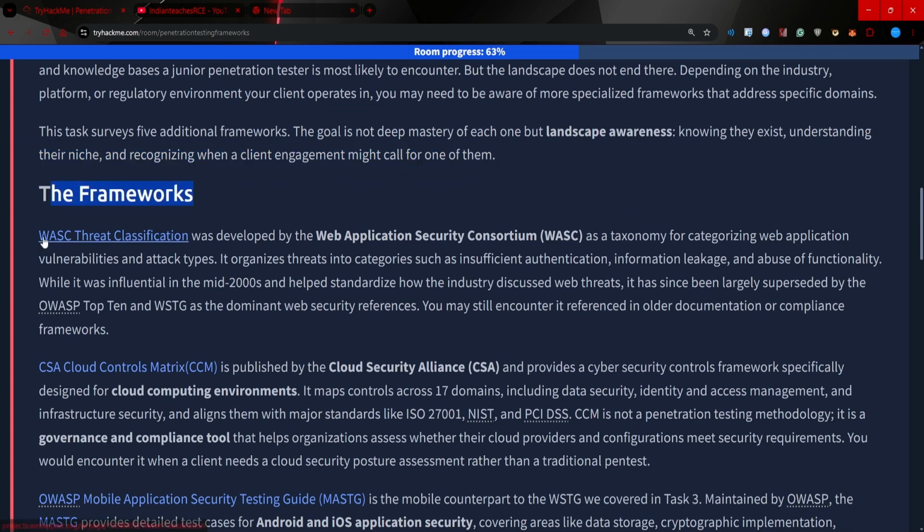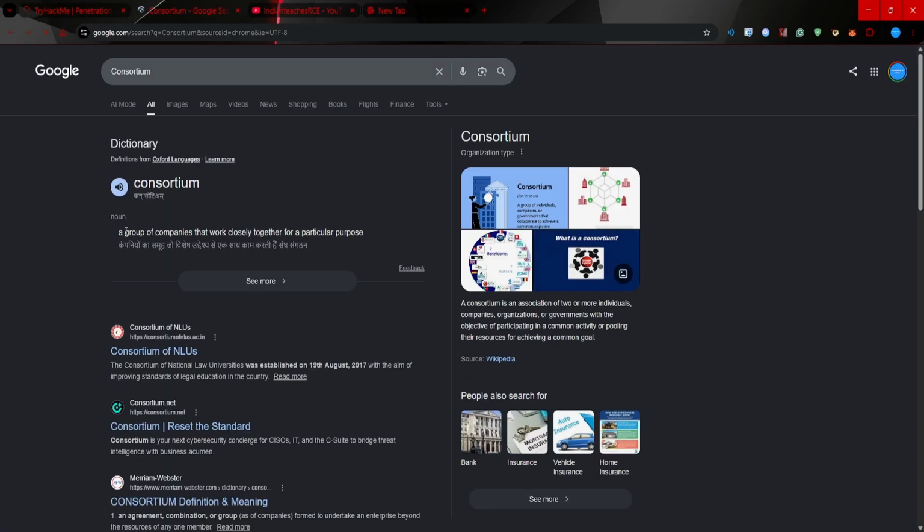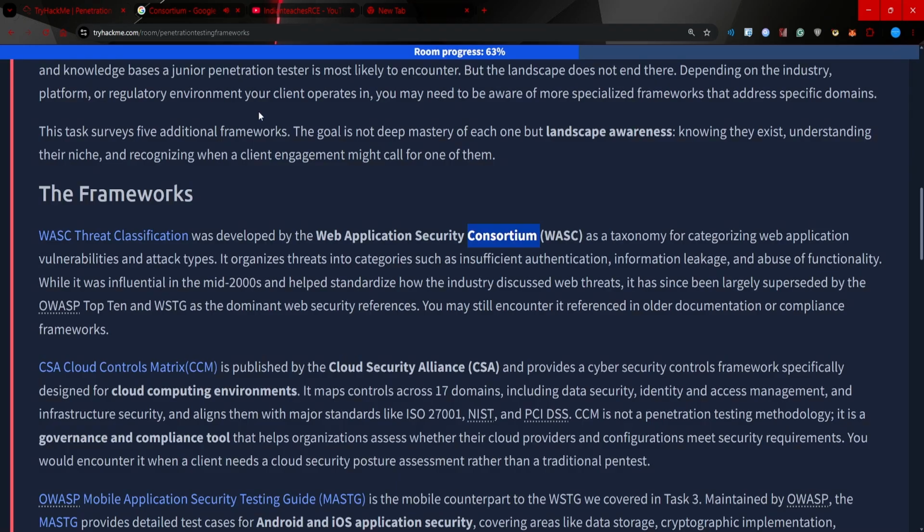The framework WASC Threat Classification was developed by the Web Application Security Consortium. A consortium is a group of companies that work closely together for a particular purpose. It is a taxonomy for categorizing web application vulnerabilities and attack types. It organizes threats into categories such as insufficient authentication, information leakage, and abuse of functionality. While it was influential in the mid-2000s and helped standardize how the industry discussed web threats,